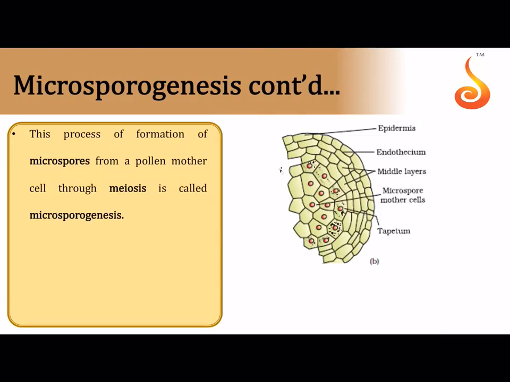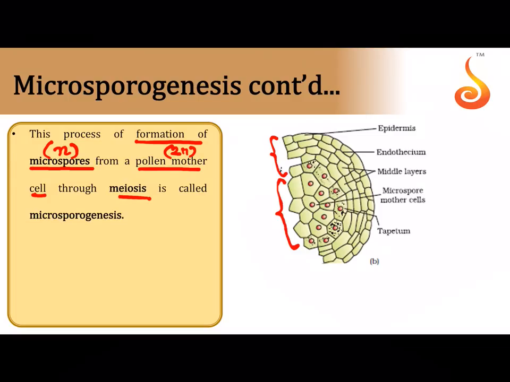This process of formation, what did we get in the end? Haploid microspores. From whom? From the diploid pollen mother cell or microspore mother cell, which is a cell of what tissue in the center of the microsporangium? The sporogenous tissue. The peripheral region is the wall layers, I told you. The central region of the microsporangium occupies the microsporangial tissue, which is called the sporogenous tissue. Isn't it? So formation of haploid microspore from the diploid pollen mother cell, through which process? Through meiosis, is referred to as